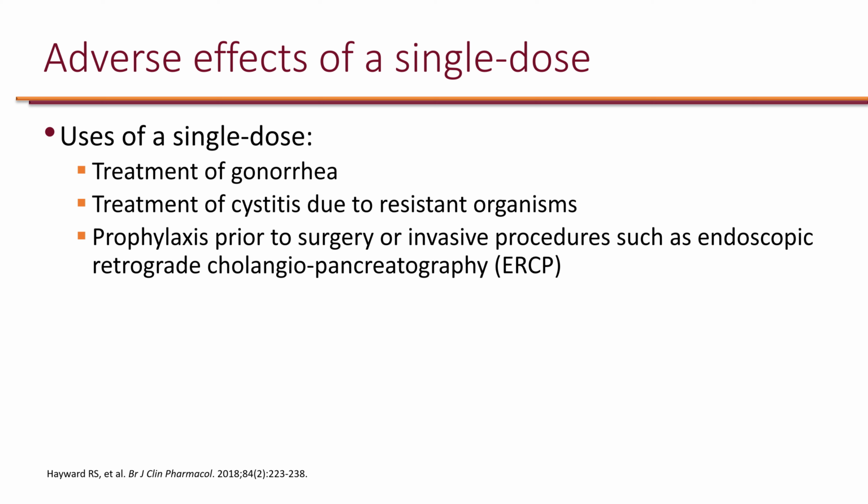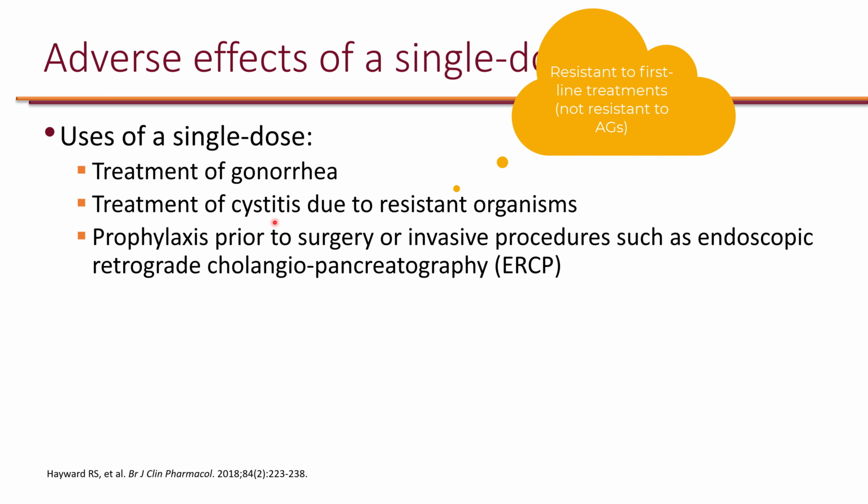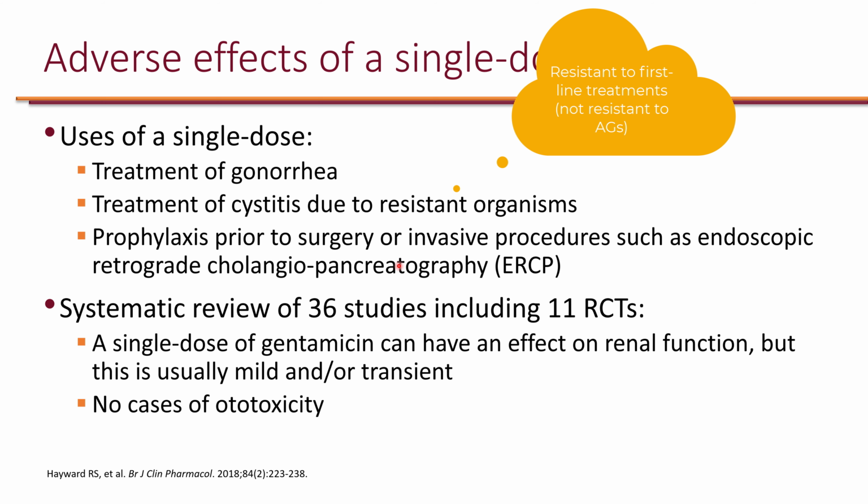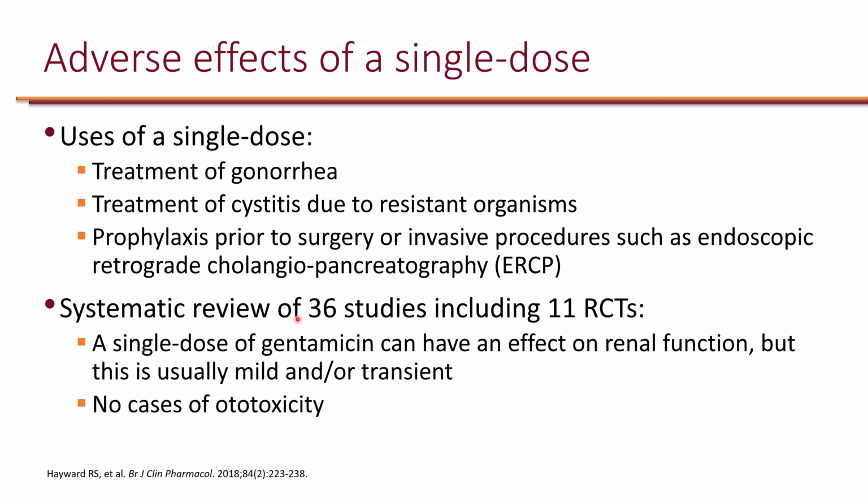And lastly, there are situations where we use a single dose of aminoglycosides, and it's good to know how safe a single dose is. So for example, sometimes we can use a single dose to treat gonorrhea. We can use a single dose to treat cystitis due to resistant organisms, and for prophylaxis prior to surgery or invasive procedures. And a systematic review of 36 studies, which included 11 randomized controlled trials, showed that a single dose